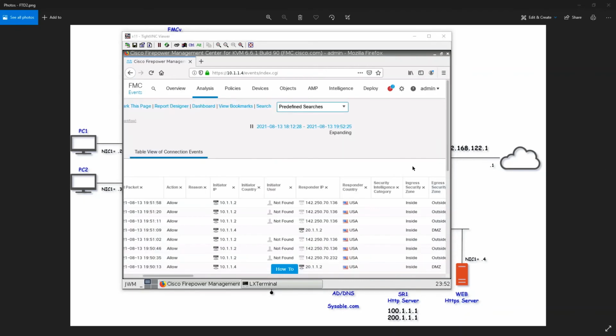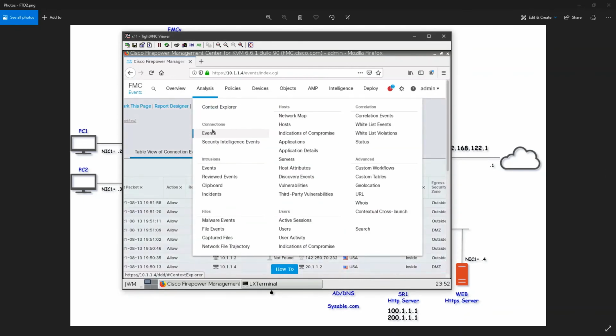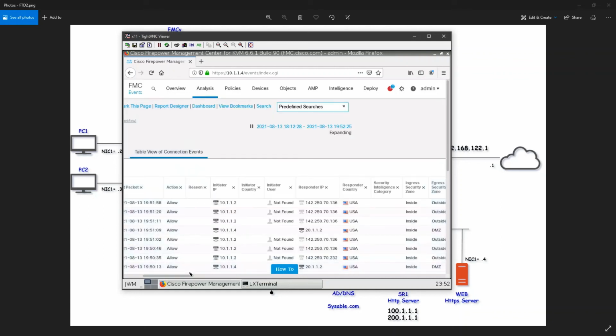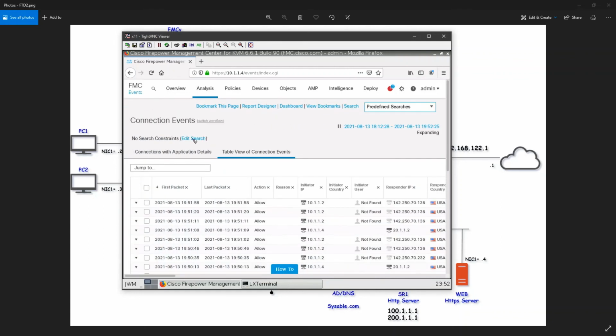All right, so I have gone to the analysis, I have gone to the events, and I have gone to the table view of connection events.